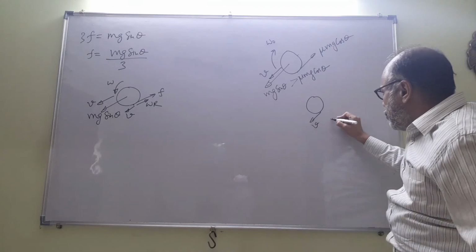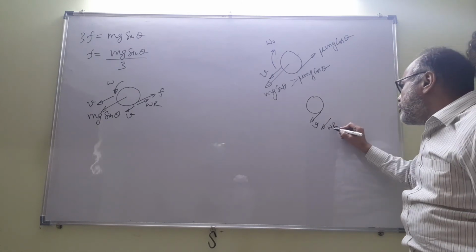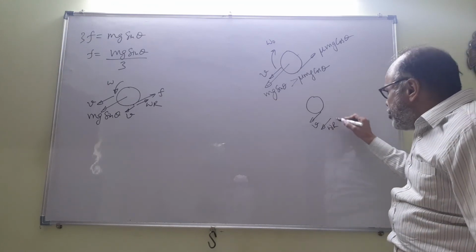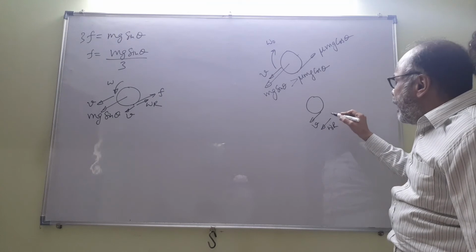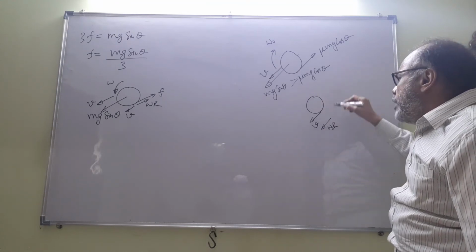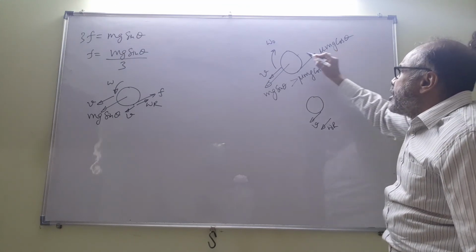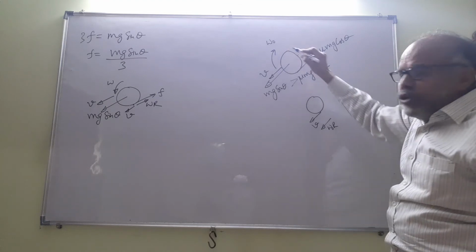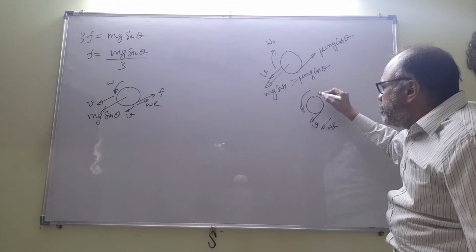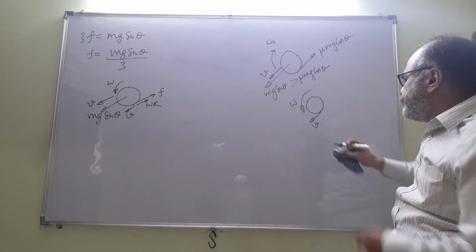Omega naught r is this way. So there cannot be pure rolling in this condition unless the body starts rotating in the anti-clockwise sense. So this torque of mu mg cos theta will reduce omega naught to 0 and make it rotate in the anti-clockwise sense, so that omega r